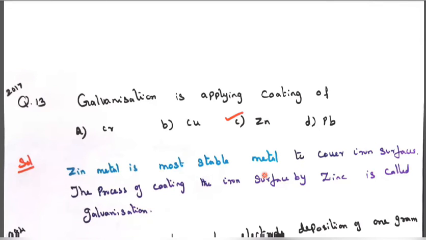Whenever the iron and the zinc are connected together, when the iron loses its electrons, zinc will produce the electrons for the iron. So it is called galvanization. Rusting can be avoided in the iron by connecting it, like when an iron rod is mounted on the surface, the zinc rod is buried in the ground with a connection to the iron. Whenever iron loses electrons, the zinc gives the electrons. How much the iron loses, that much of electrons will be given by the zinc. That is called galvanization, applying a coating of zinc.